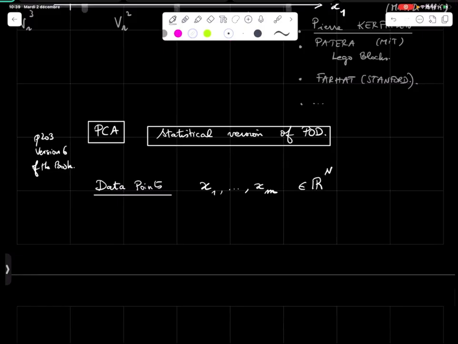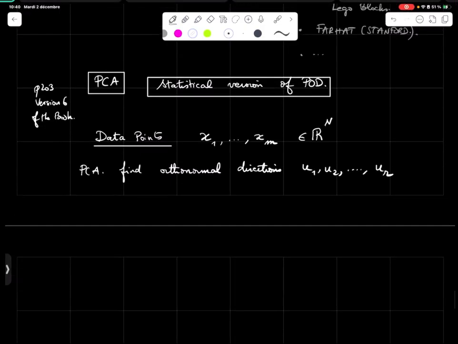And so the idea of PCA is going to find orthonormal directions u1, u2, and so on, ur, again, r is as small as we can make,